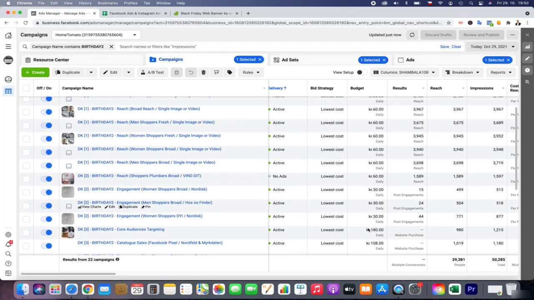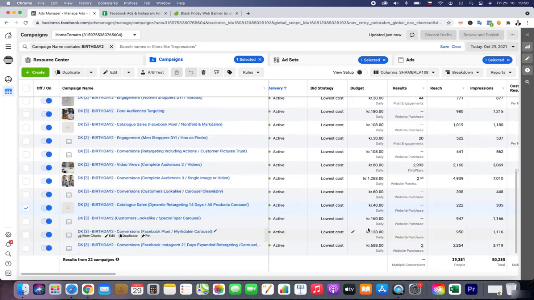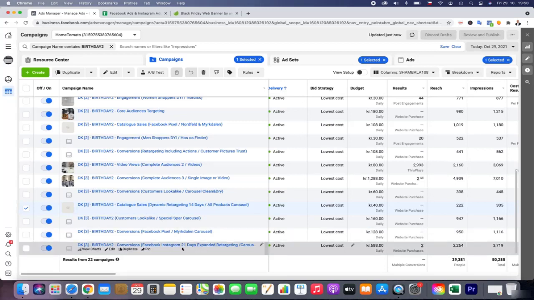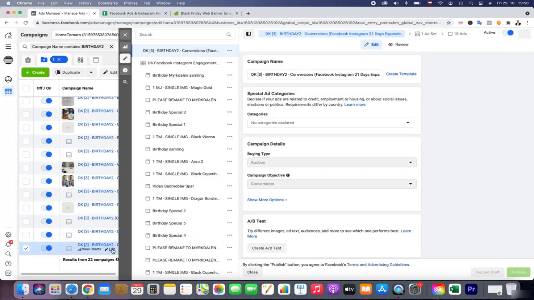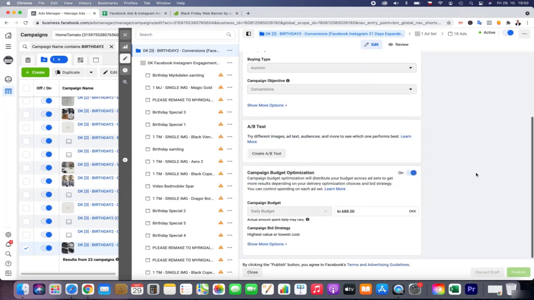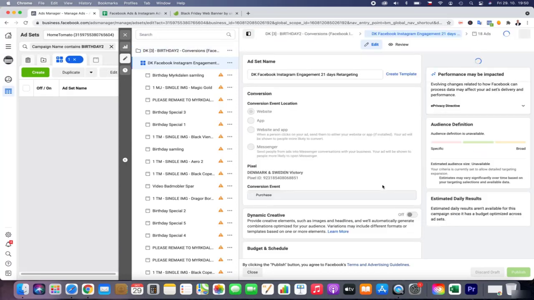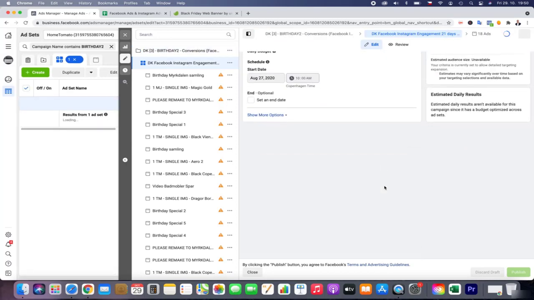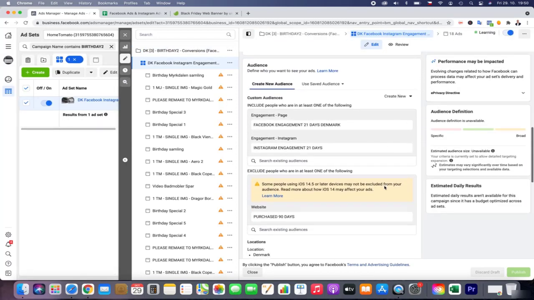And then we have some more retargeting connected to Facebook. I will just quickly show you. This retargeting is based mainly on the engagement. So that's why it's so important to drive more engagement.